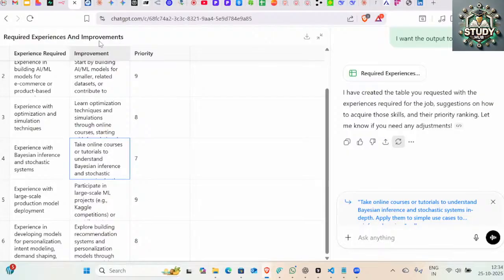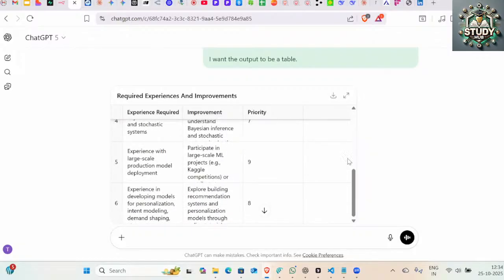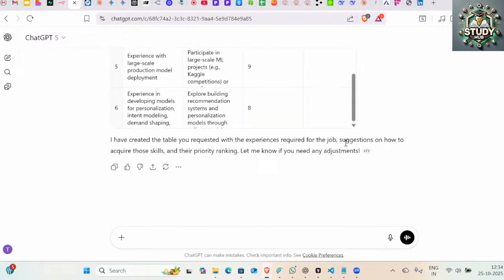So I get my entire strategy done using AI, how to get things done, right? All my rewording of the resume and my preparation strategy. And let's say that I prepared on this strategy, I'm done with my preparation. I want to test before going into a real interview, right? So I've applied, now I've got a call. I will schedule a mock interview with an AI, and that's the best feature I like, right?